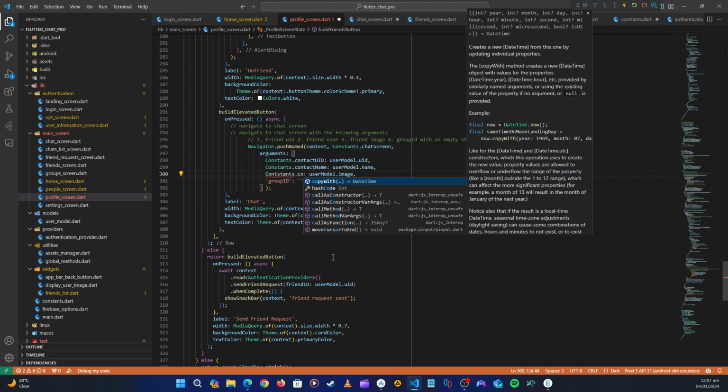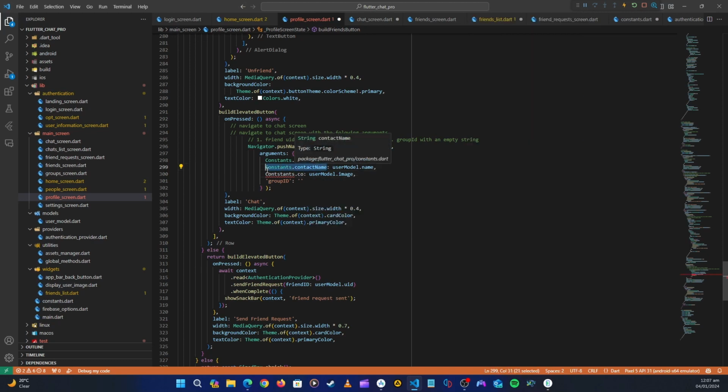What's the problem here? Let me just copy this. Constants dot the contact image, and then also here let me paste it, constants dot the group ID, because here